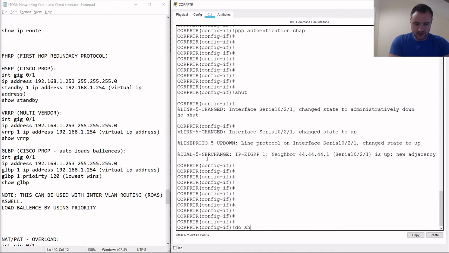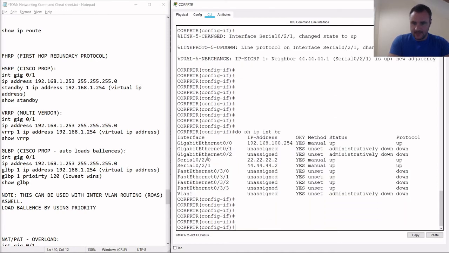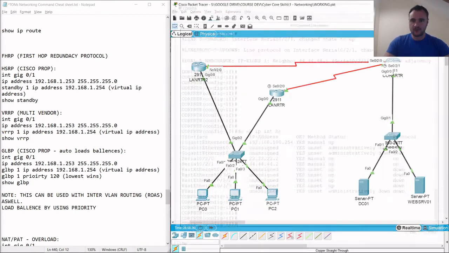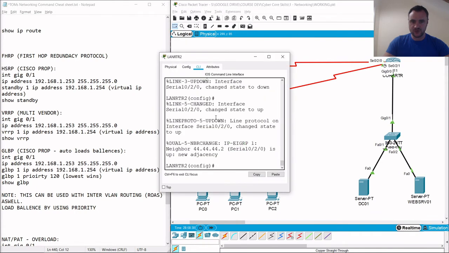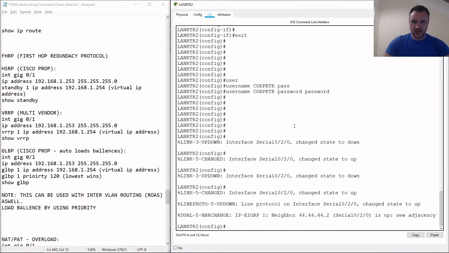So do show IP int brief. Yeah, so it was the fact that you can't have one serial interface on HDLC, which is the default, and the other one on PPP. So we've now got them both on PPP and CHAP, so they're both authenticated. They're both up, and now this new addition router should have